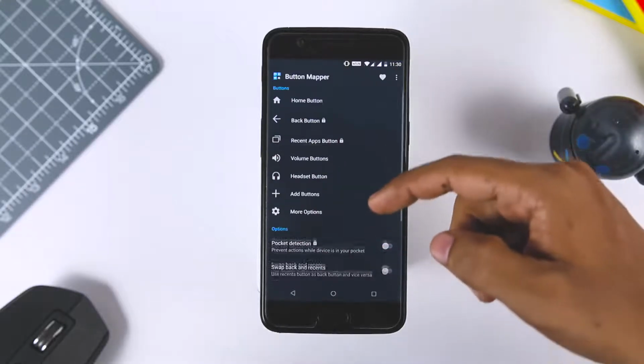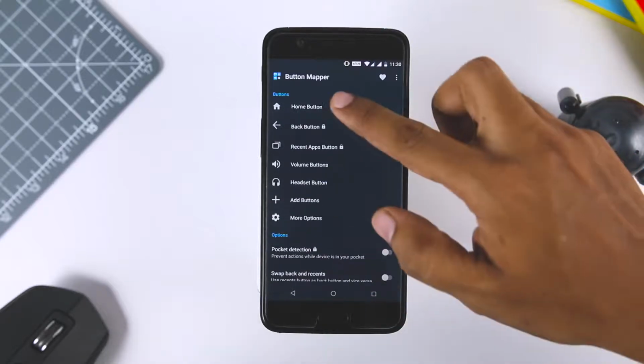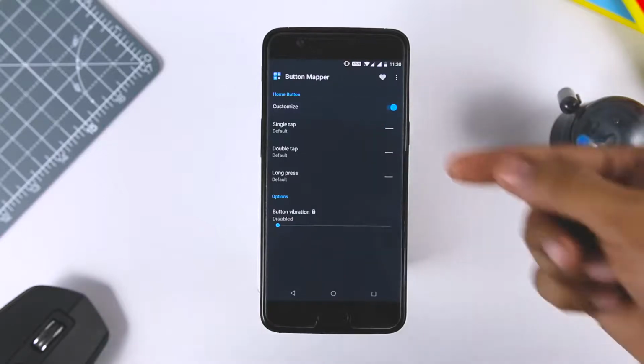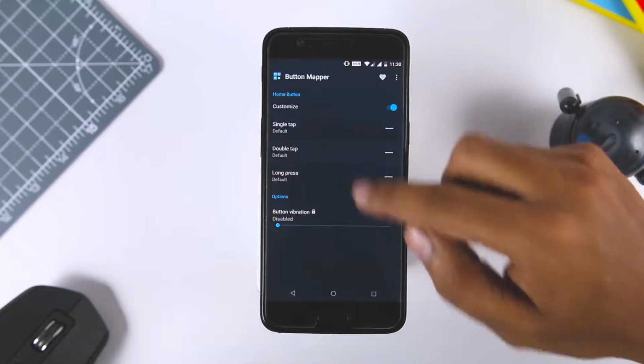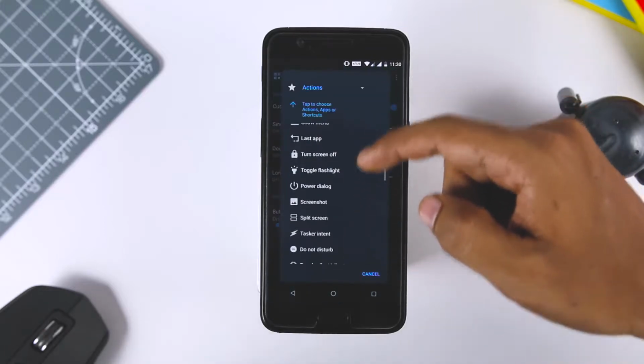The developer is pretty transparent in saying what they are needed for. Your options for customizations are extensive. To start, you have to choose which key to customize and then which shortcut you want: single tap, double tap or long press. After that, you have to decide what you want each shortcut to do. The options are extensive. You can set shortcut to